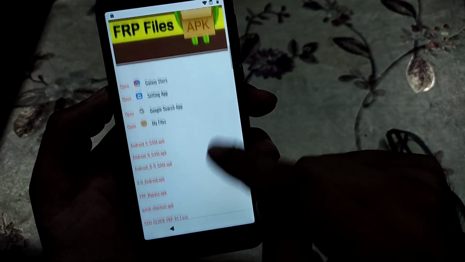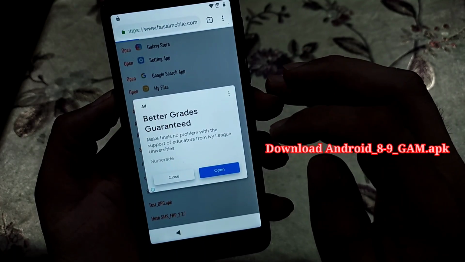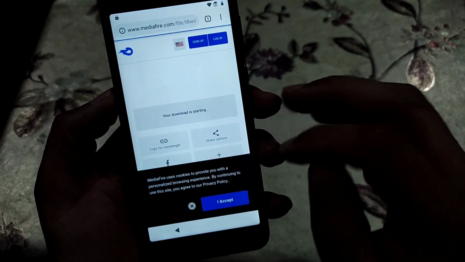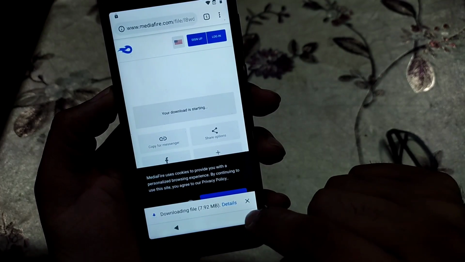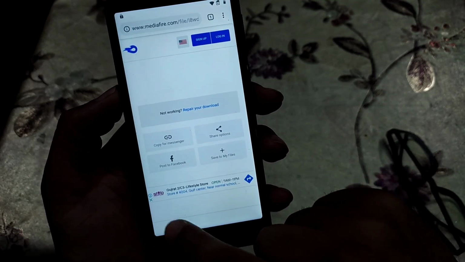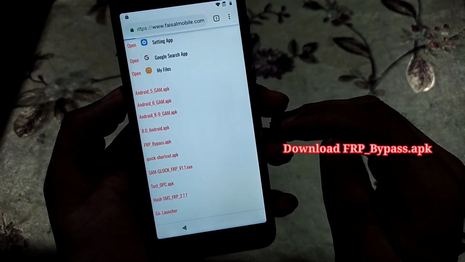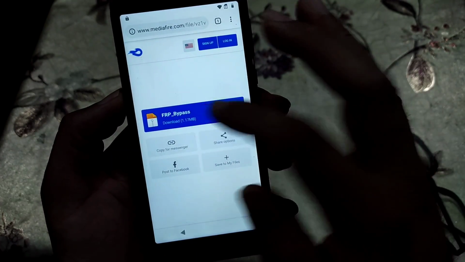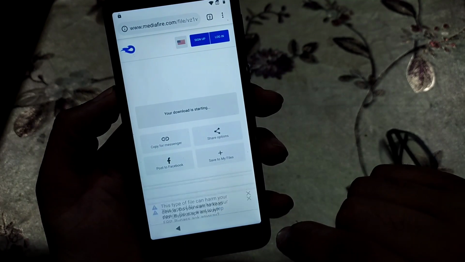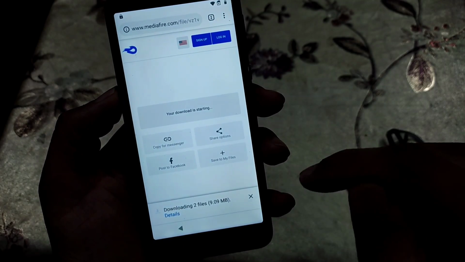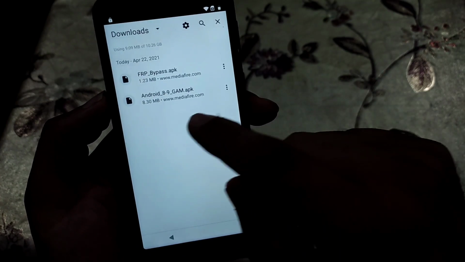Here we need to scroll down, and we need to download Android 8.9 gam.apk. Close the ad, download it, continue, give permission, again allow, OK, and cancel it. Now just go back to the website again, and we need to download frpbypass.apk. Now just click on it to download it, and it's starting download. Click OK. Now click on details, and it will let you go to the download folder, and I fast forward it,